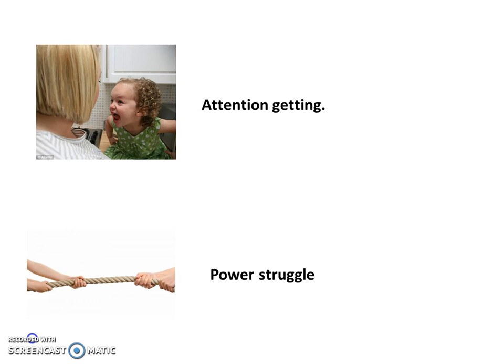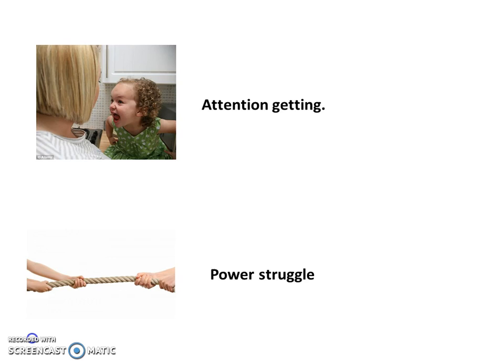And attention getting. So we have kids that also need to get a caregiver's attention, and sometimes they don't quite know how to do so in a positive way, so they'll go out of their way to find various ways to get attention. And in the converse, there are also children who are escapers or avoiders who want to avoid attention. So when you're thinking of attention getting behavior, I want you to think of both. Those kids who go out of their way to get your attention and the kids who go out of their way to avoid your attention.